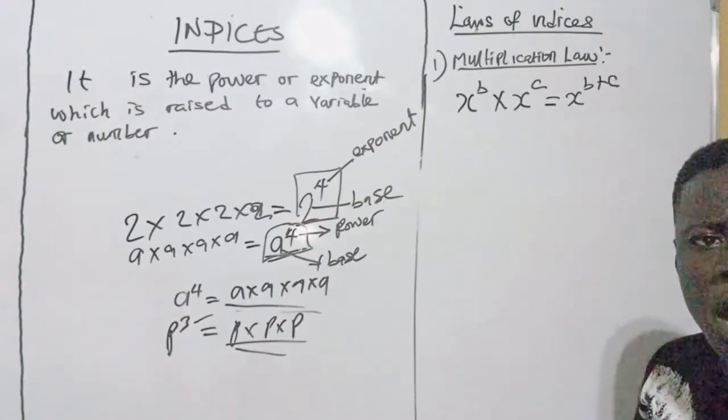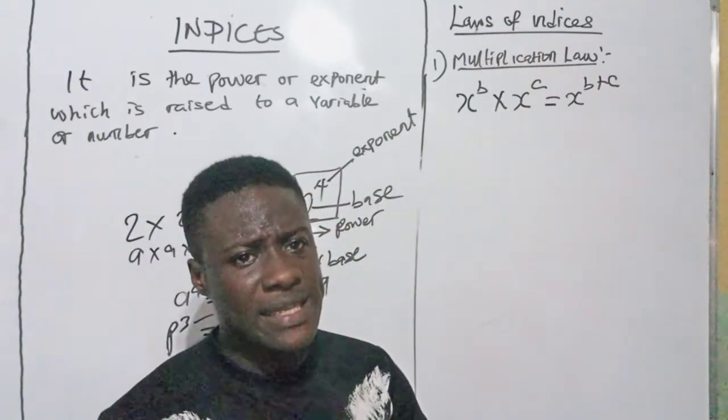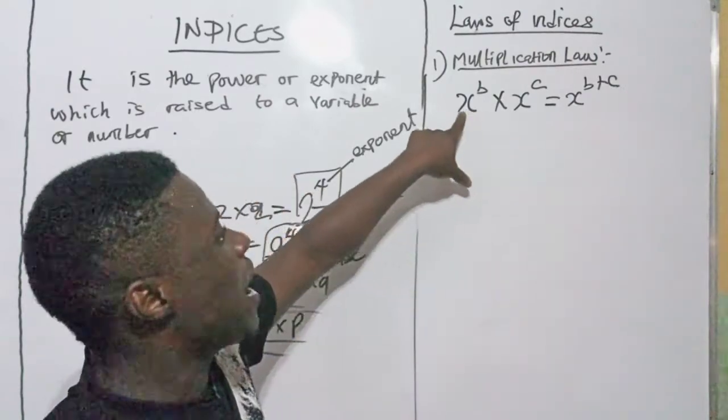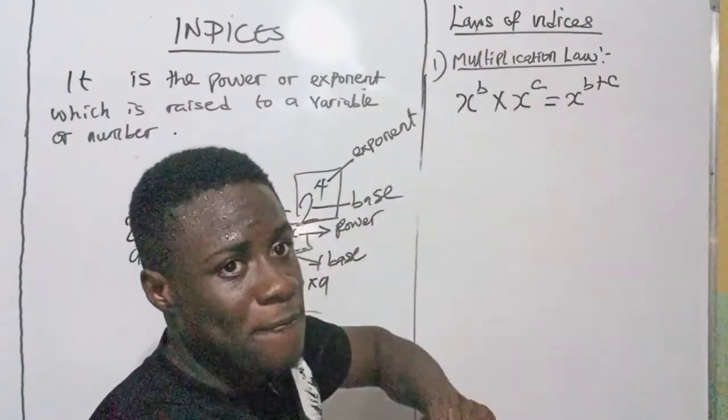So now, how do you go about proving this kind of law under indices? We are told that if you have two variables of the same kind, having their respective powers